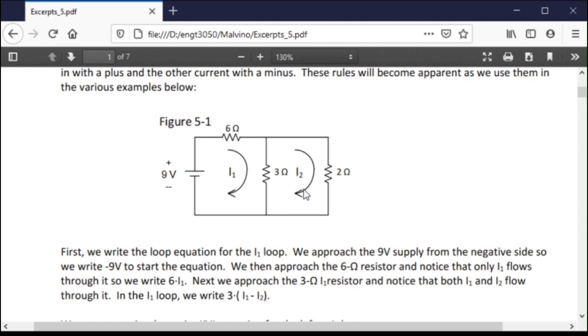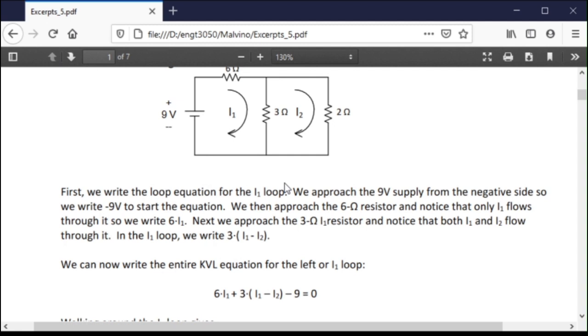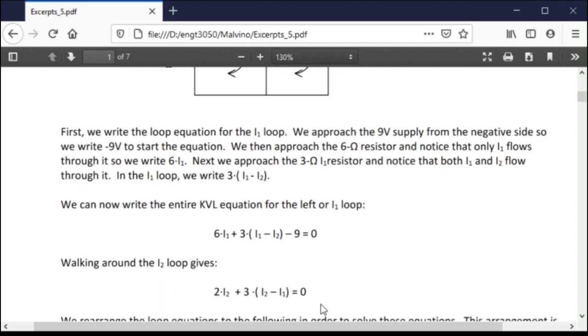Do you see that we have now two currents? We have this one and we have this one. So if we say I1 minus I2, we can represent the current going down, and then that times 3, and then we can say that has to equal 0. So minus 9 plus 6I1 plus 3 times (I1 minus I2) equals 0. So we rearrange, and we have so many I1s and so many I2s, and before we